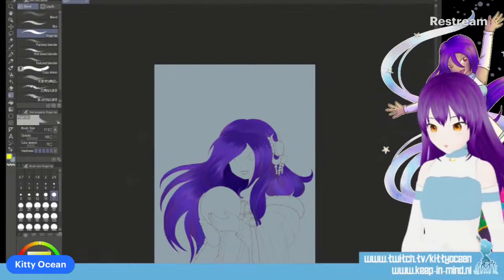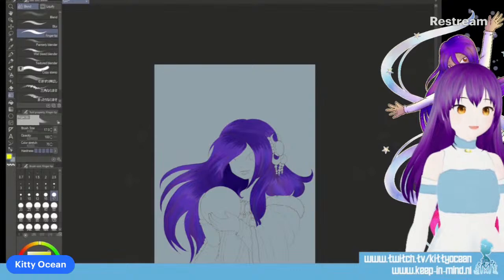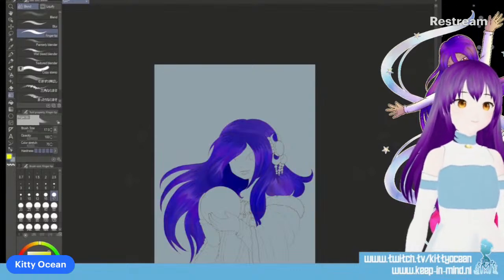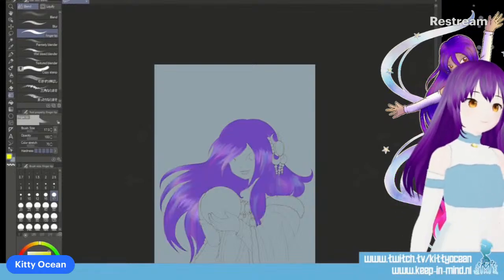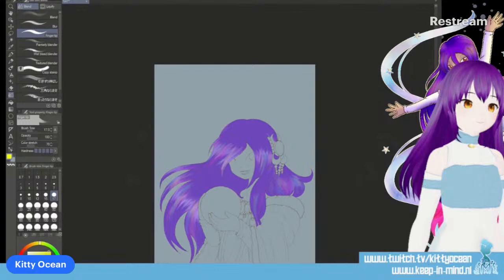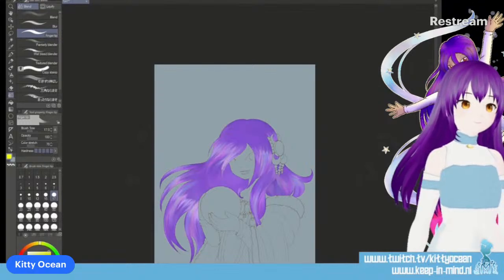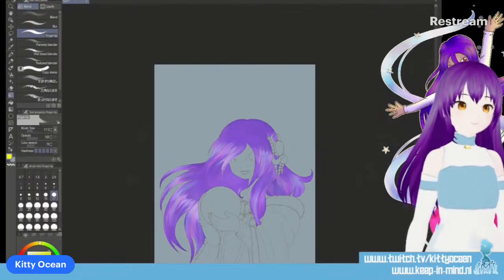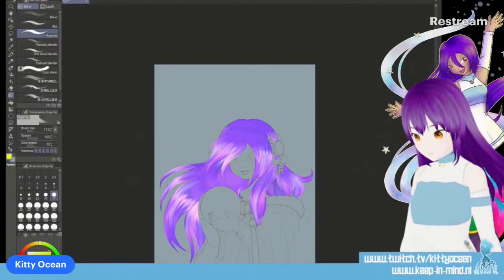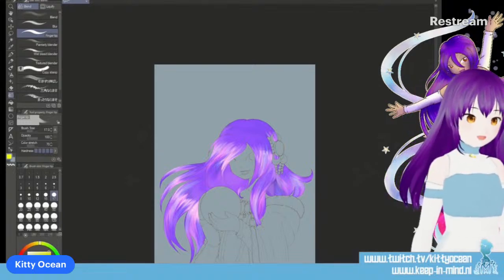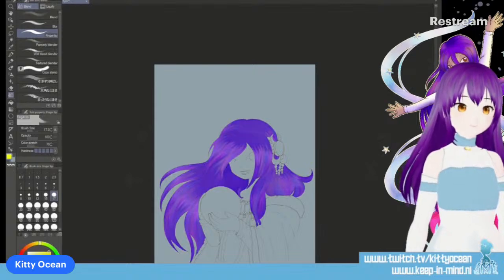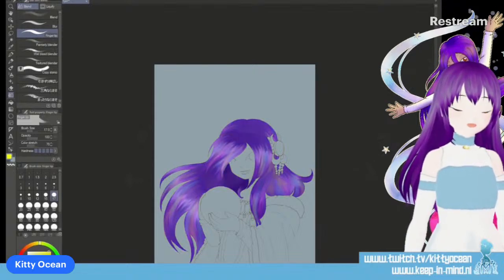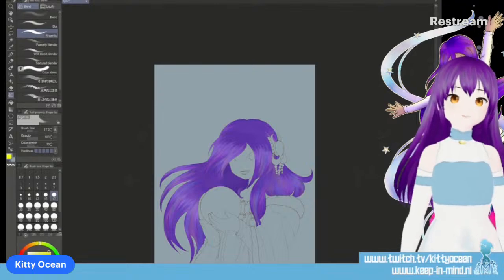First I'm gonna see what it does if I use other effects. Very nice, by the way, but not what I'm looking for. I'm probably just going to keep it on normal and then a lot lighter.